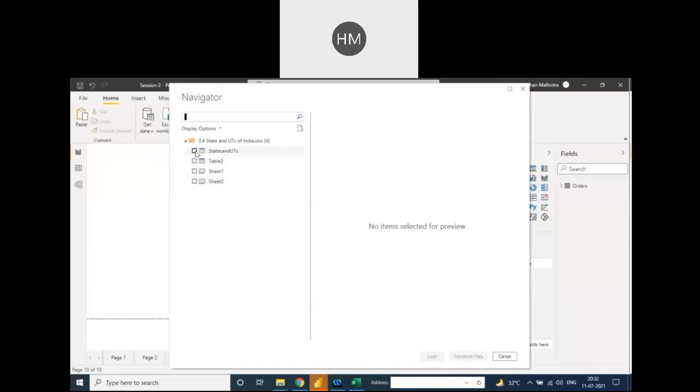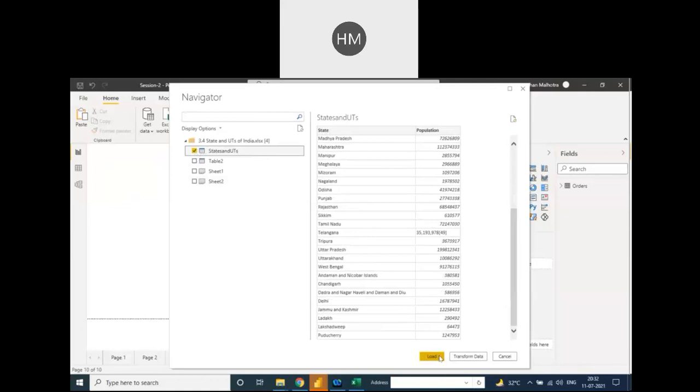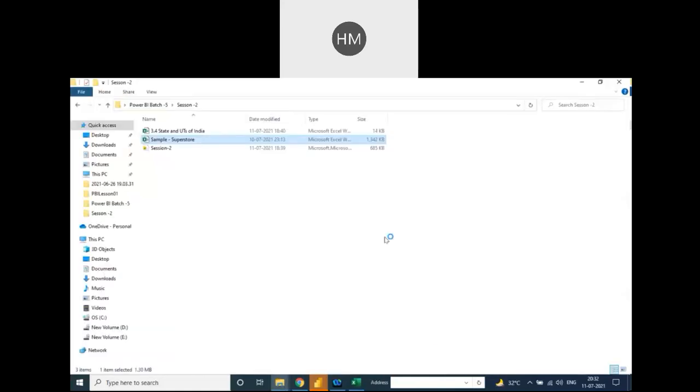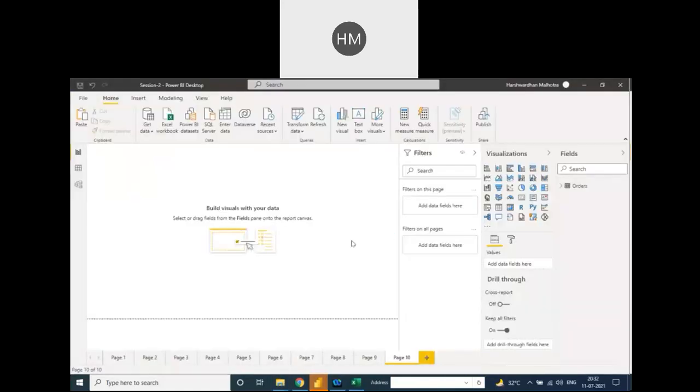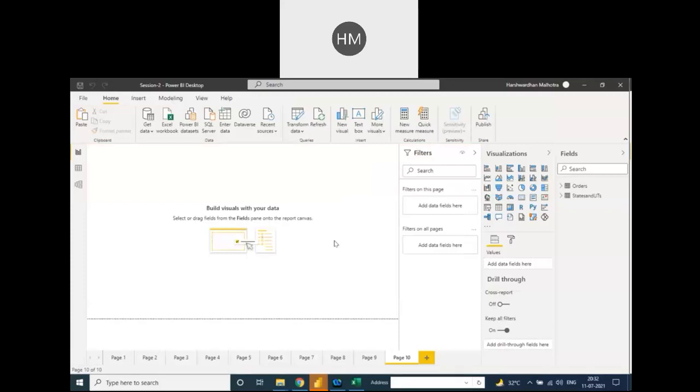Suppose here I tick the states sheet. When you tick here, all the data appears: state and population. We need to load directly because the data is already clean, so we don't need to put it into the transform stage. It would add one more step. See, our second table is here. So simply, you can make a map.